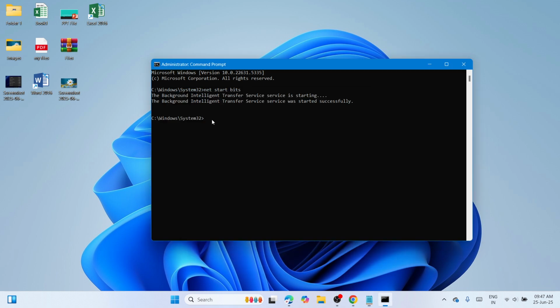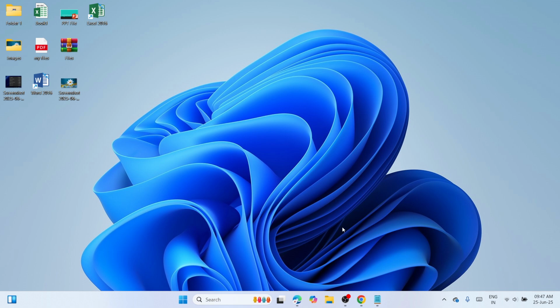This is to start the Windows update. Okay. Wait until this procedure is finished. And once you are done with this one, you need to close this window and run the Windows update again and see if it's working. Okay. However, if not, then you need to move on to the next solution, and that is to do SFC